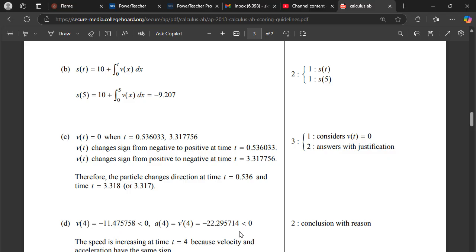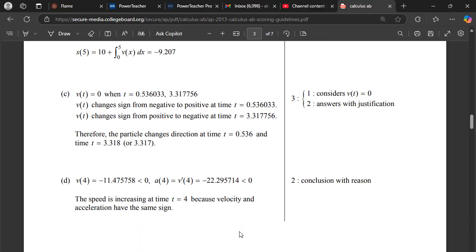And then, of course, again, velocity and acceleration have the same sign. They have the less than zeros there, but I think that's for a modeled answer. But you can see they did the things that I said. V of 4, A of 4 equals V prime of 4. So those are the things that they are looking for. You do need to show them where that A of 4 came from. All right. So with that being said,